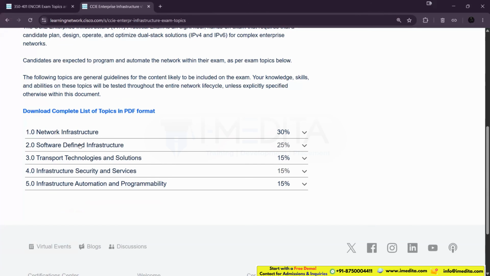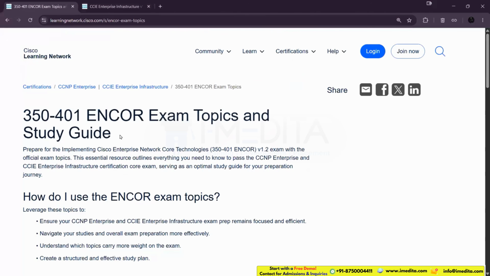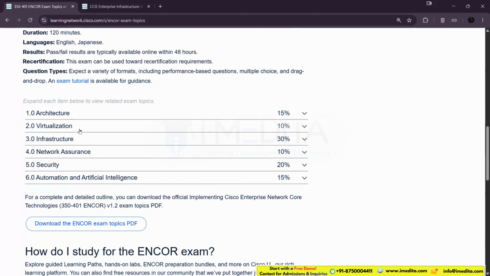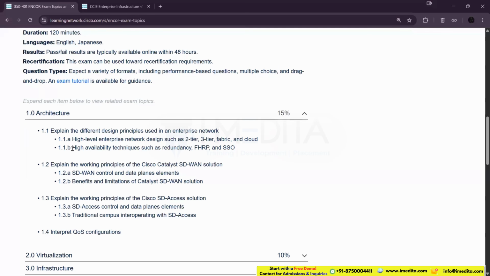Everything regarding routing from this particular enterprise infrastructure lab exam blueprint. Everything regarding the routing will be covered from here. And eventually it will automatically complete. No need to do anything. It will automatically complete everything from our ENCORE exam as well. So if I go to the ENCORE exam topics, you can see regarding the routing, for example,